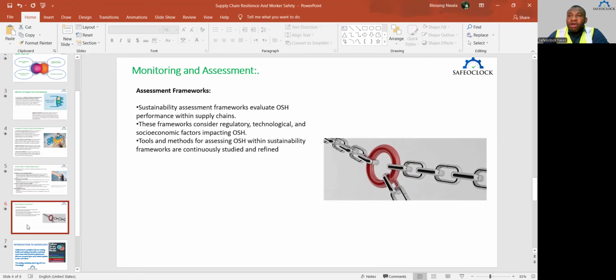While sourcing for materials and improving the technology, we should also be looking into how this technology is going to impact the health and safety of the workers. If there is a change in technology, if we are trying to be sustainable by having an alternative technology to what we already have, this incoming technology, has it been proven? Has it been standardized? Is it actually safe for our workers and employees? Tools and methods for assessing occupational health and safety should be within the sustainable framework and continually studied and refined. So there should be proper and continuous improvement not just in the occupational health and safety standard, but also in the supply chain